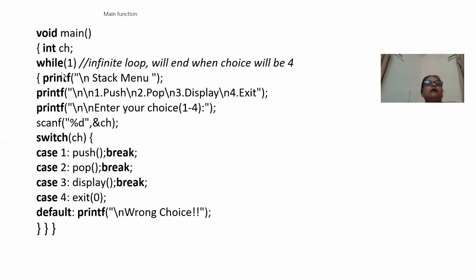Stack menu: push, pop, and display, print key. Enter your choice between 1 to 4. Ch takes the choice of the user. This is a simple switch case statement. Switch ch begin, case 1 push, break, pop, break, display, exit 0 means terminate, and if the user gives 5 or 6 as a choice, then it prints